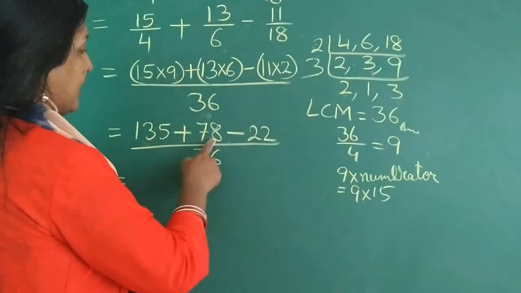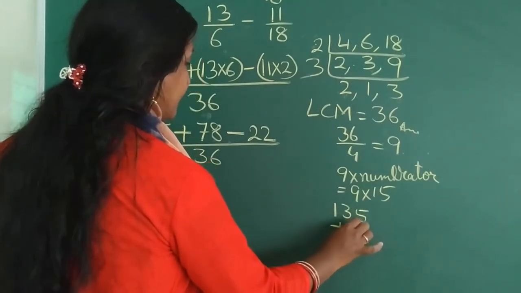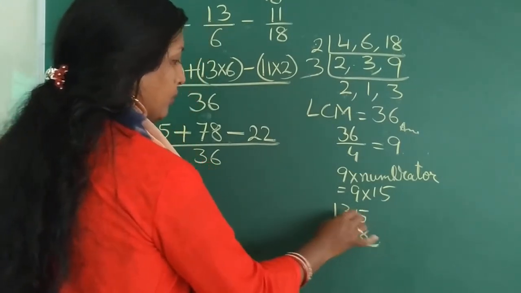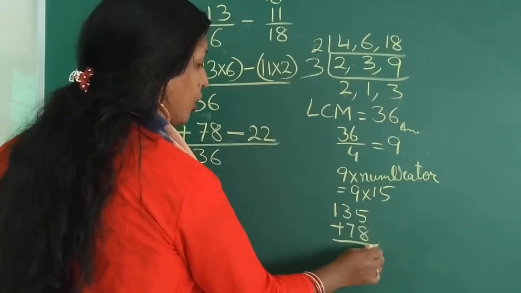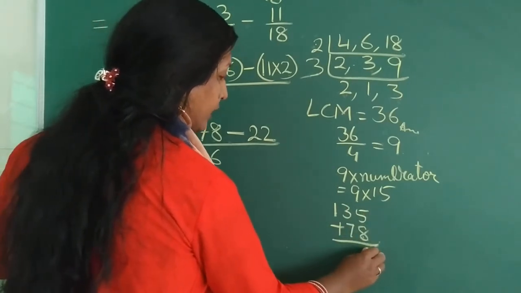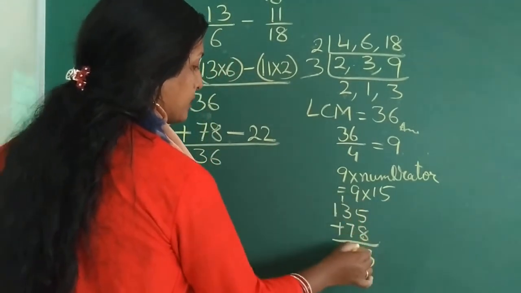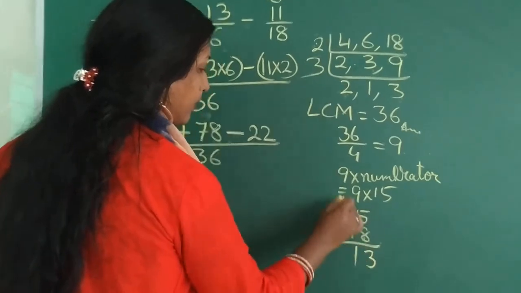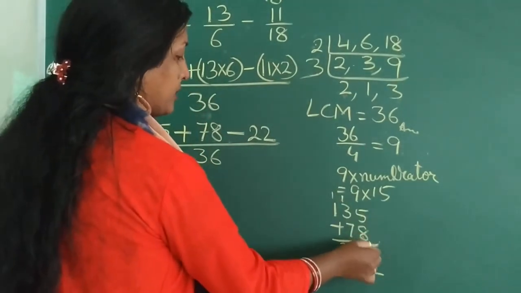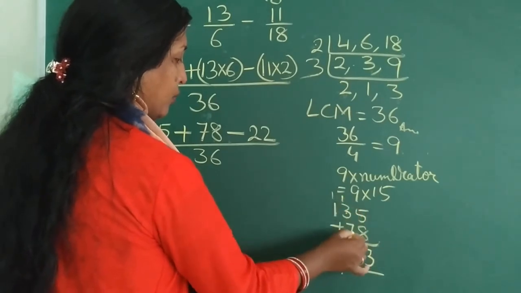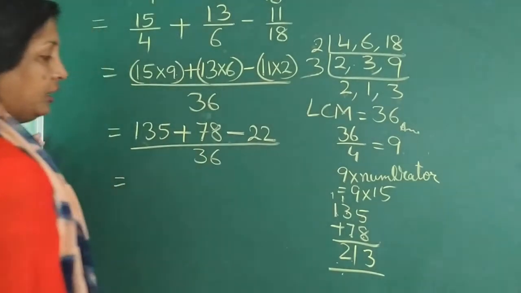So here, this addition, need not do it orally. Go to the right hand side. Add the numbers in this place. 135 plus 78, you can go orally over here or you may go in written. So we get here 13, 1 carry, 4 plus 7, 11, 1, 2. Check your addition once more. 5 plus 8, 13, 1, 3 plus 1, 4, plus 7 is 11, 1, 2, 213.